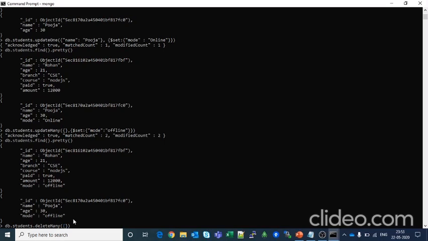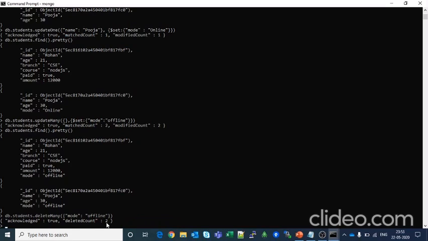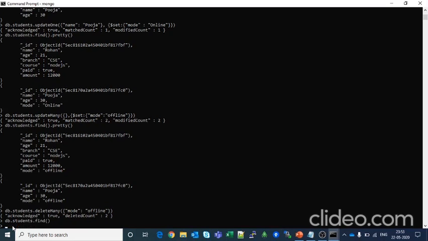Let's say for both the documents the common criteria is mode offline. So we will put that criteria: mode is offline. See here the delete count is 2, and if we now see the collection, db.students.find, there is no document inside this collection.